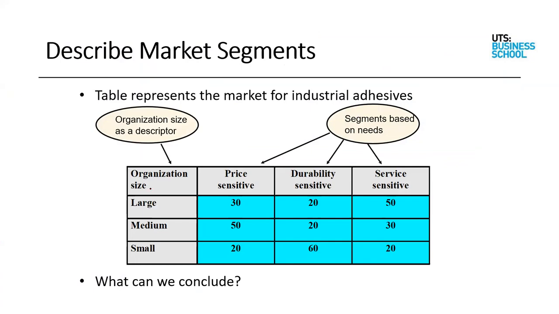Now, how do you describe the market segment? For example, like I said, if you have other descriptives, for a segment you have descriptives on price, durability, service. These are the part worths that have been obtained for price, durability, and service. Now, in your data, you have information about the type of organizations that exist in this particular sector. Let's talk about cars to give you a more concrete example. In the automobile sector or car sector, let's say there are some large companies, there are some medium, and there are some small